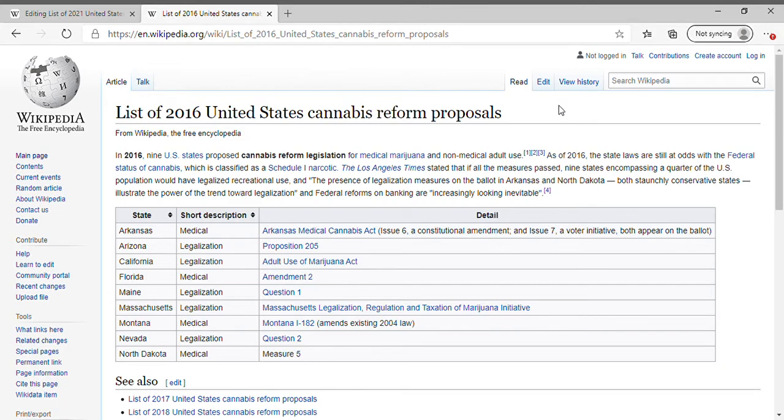So if you are interested in getting some edits in, you can go over here onto this page, do some research, and find out which of these went through, and you can take the code from the 2021 page where New York is listed, and you can take that and add it here and make it green background. So if you need some edits, you can work on these pages. So I'll go to edit,